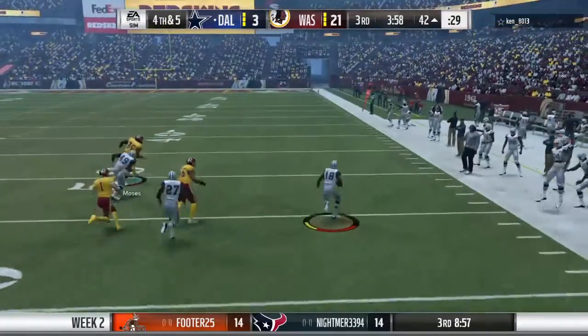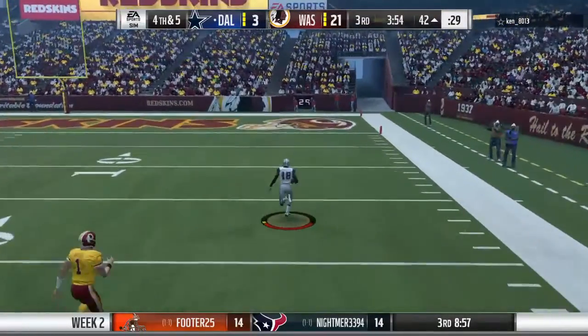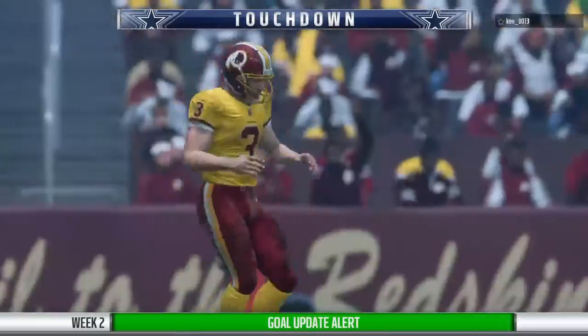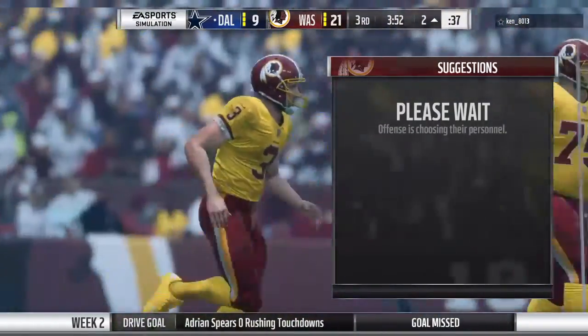He can't get him down. And some room to maneuver. 30, 10, 5, and he will score. Touchdown, Cowboys. That's the score you felt they had to have here in the 3rd quarter to get back in